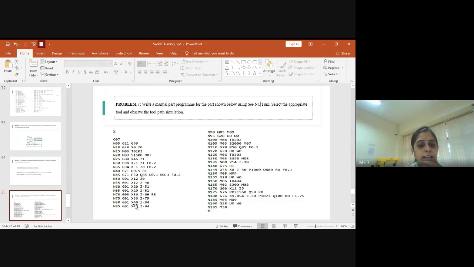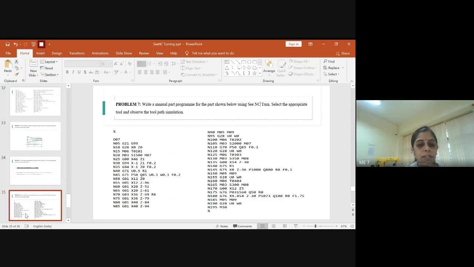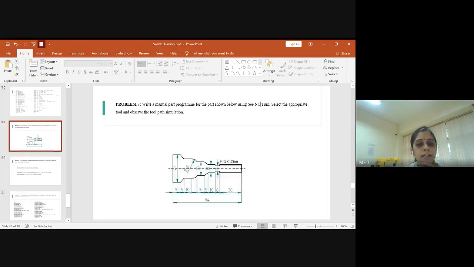You will get x 40 and z minus 84, right? By this we will be at this position. So now we have reached where x is equal to 40 and z is equal to 84. So the tool will be in this position.